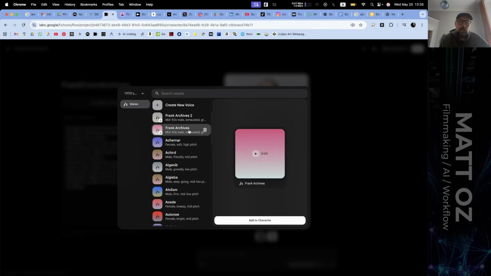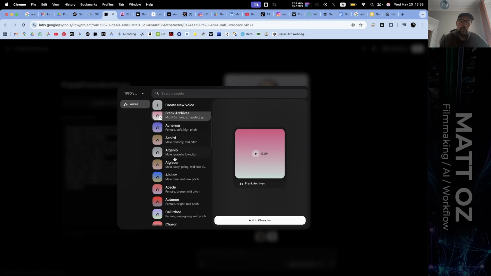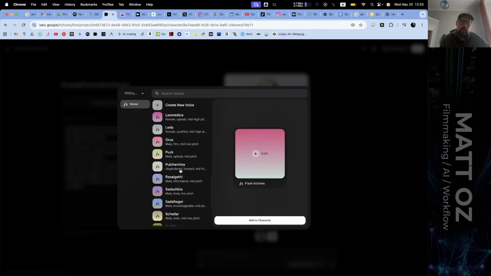So I went from the original one, which has to be anchored to one of the presets. So you kind of go for this very brief explainer, friendly mid-pitch, gravelly low-pitch, male, female. Yeah, so I tagged him to this persona, which is the baseline that the voice model uses to latch onto to build the 40-year-old male exhausted gravelly voice. So this is the original.